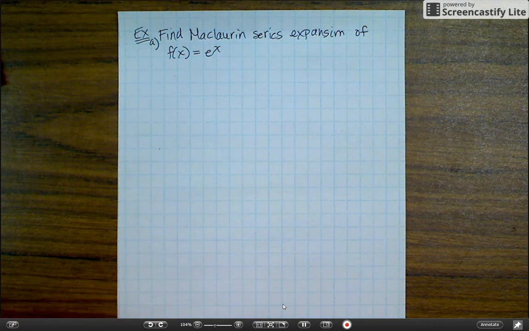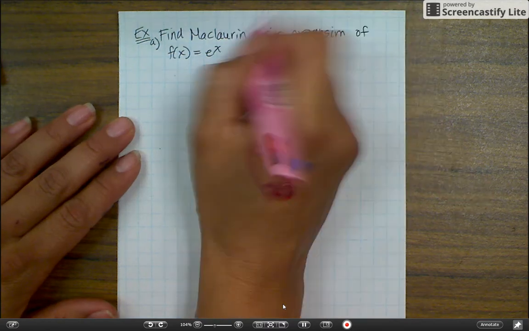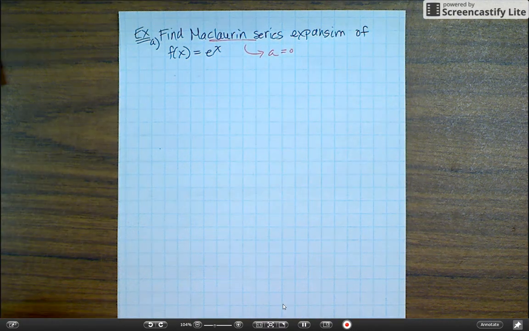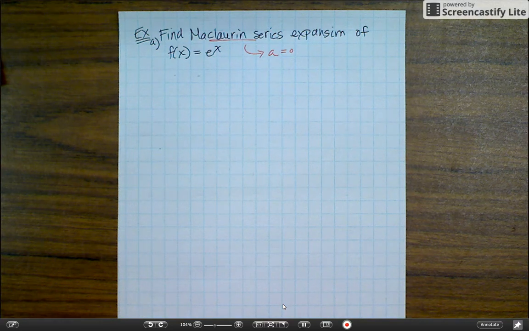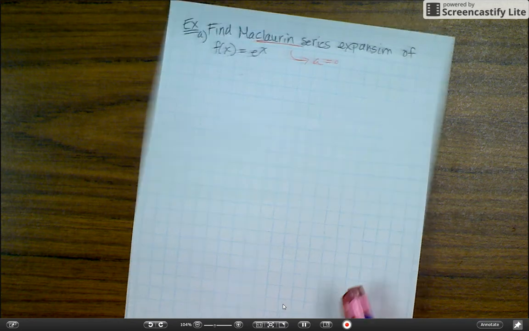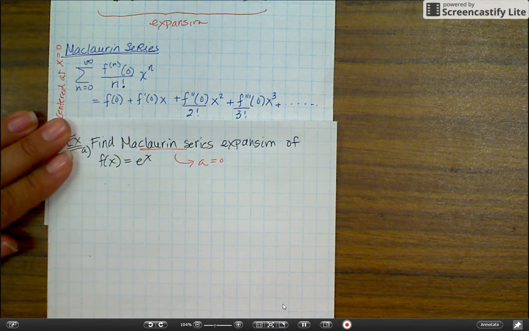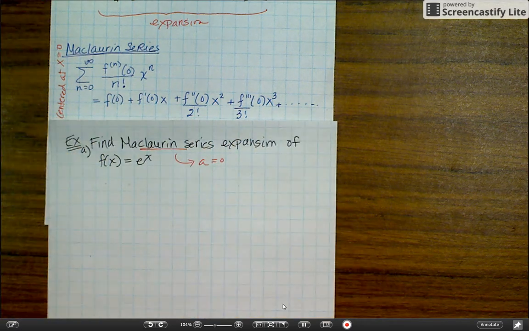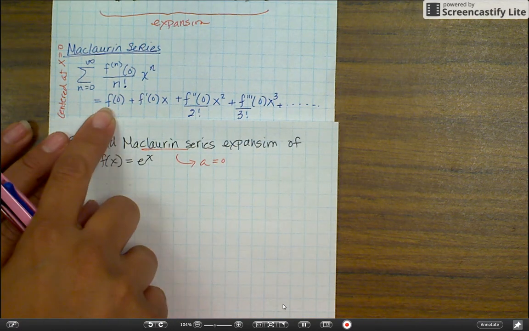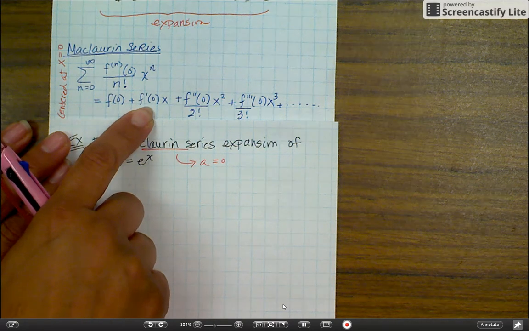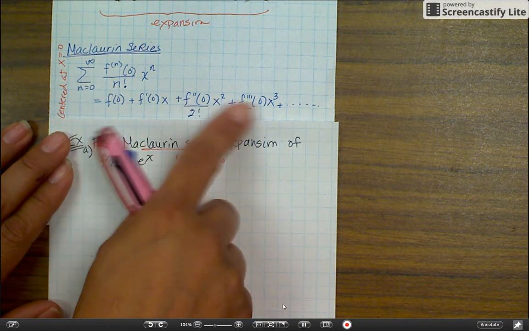Okay, the minute they say Maclaurin series, what does that indicate to us? That indicates that our a is equal to 0. Okay, so what do we need to do? Well, if I look back at my formula that I had before, here's my expansion. What am I going to need? I'm going to need to have the function evaluated at 0. I'm going to need the first derivative evaluated at 0, second derivative evaluated at 0, and so on and so